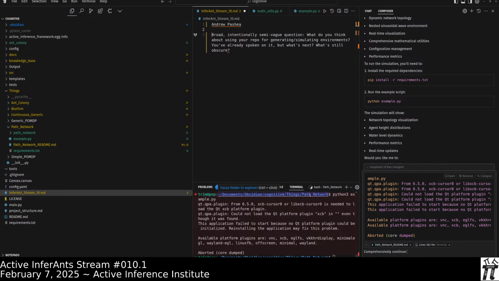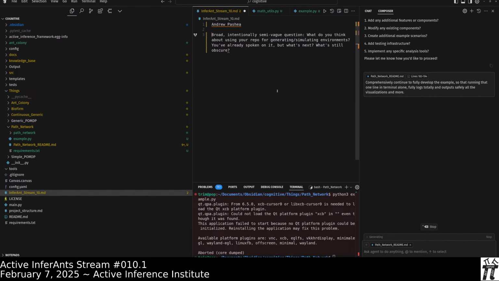Comprehensively continue to fully develop the example so that running that one line in terminal alone fully logs totally and outputs safely all the visualizations.